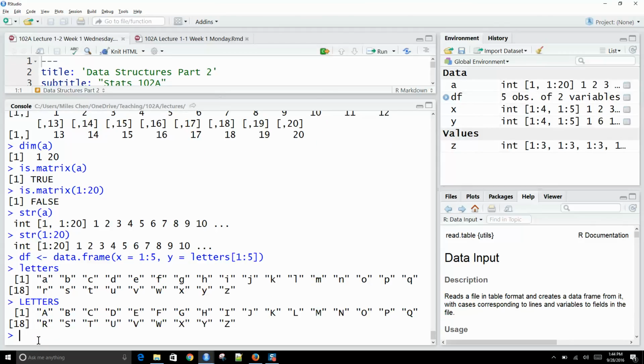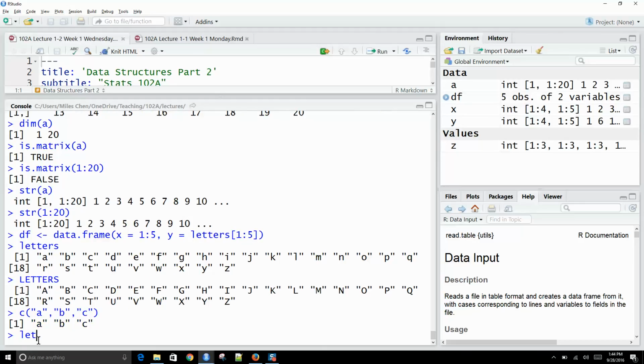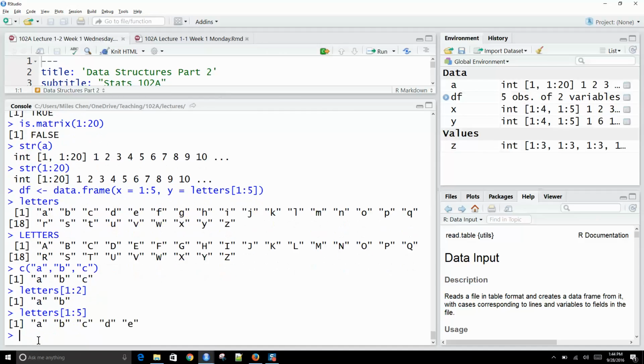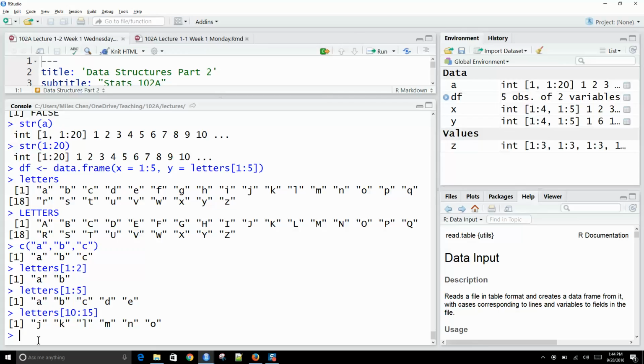It's basically A through Z, and rather than, earlier I wrote A, comma B, comma C. If you want to quickly name things this way, you can do it that way. You can also just say letters. I want 1 through the first 5, the first 2, or whatever. You can say the 10th through the 15th or something like that. Okay. And then there's lowercase letters and then all caps letters, which is another